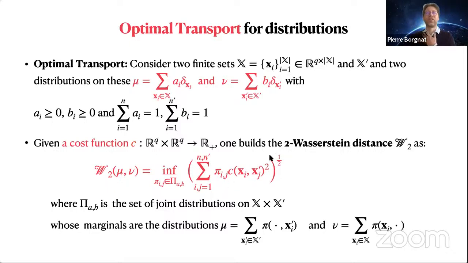Yeah, I'm just using the two norm, but you can have the p-Wasserstein distance if you prefer. By respecting these constraints, and the advances in the past 10 years, especially by Marco Cuturi, was to show how to efficiently compute this thing, for instance, with an entropy regularization. I will not use that here. So, if you are able to do that, you have both the plan, which is the argument of this minimum, and a distance between